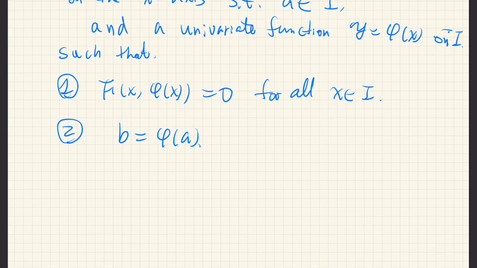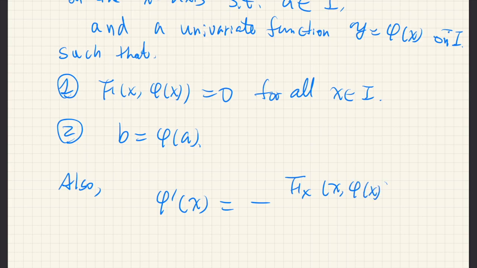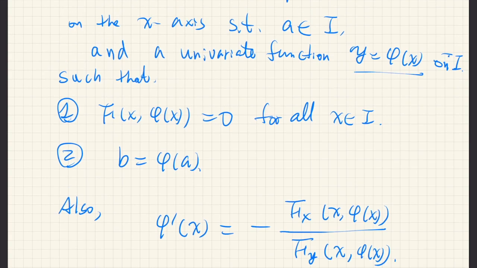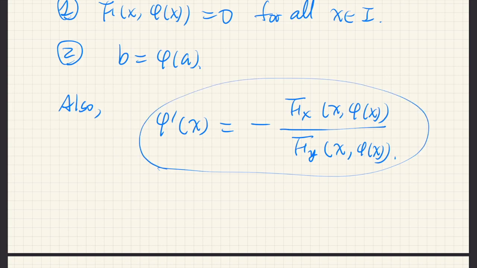And also we have phi prime, that is the derivative of phi with respect to x, of course, is equal to negative the partial derivative of f with respect to x divided by the partial derivative of f with respect to y. Okay, that's it. If we assume the existence of the implicit function phi, then this last equation can be derived